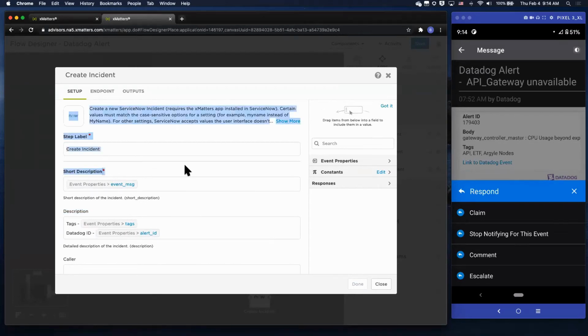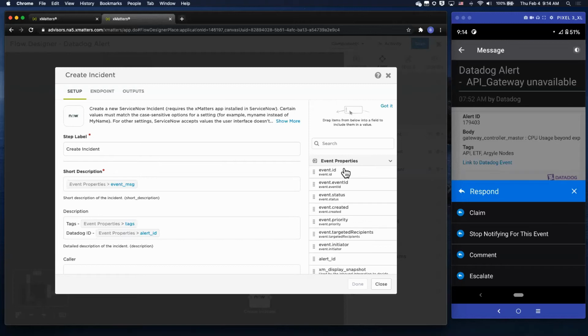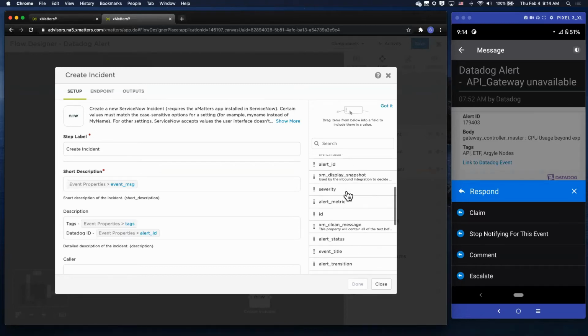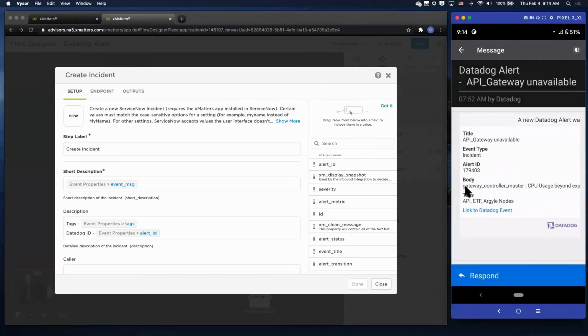Short description. Okay, what do we want to pass through? Now we're connecting data from one system through xMatters into another system called ServiceNow to meet a business requirement. But you don't need to have any programming or coding knowledge to do it. I'm going to click in here on the event properties. All of these properties are available as data. So in our case, I've already done it, but I'll show it again. Event properties, event message. So the message that came from Datadog, this right here,